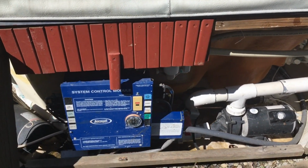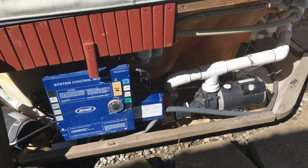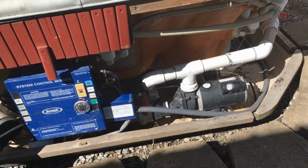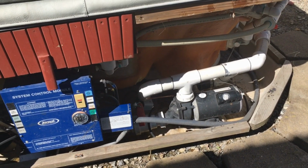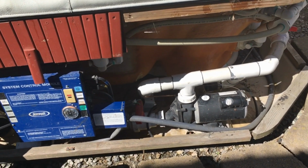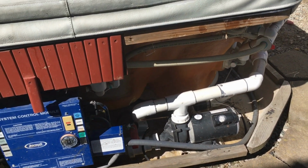So I will tell you guys, if there's no water in the lines and you turn the heater on, it will burn the heater element. It just melts them internally, and I'll show you how to test the heater element itself. I thought maybe it might have been a pressure switch or something else like that. But the easiest way to test the heater element, and I'll show you guys, is to get to the heater